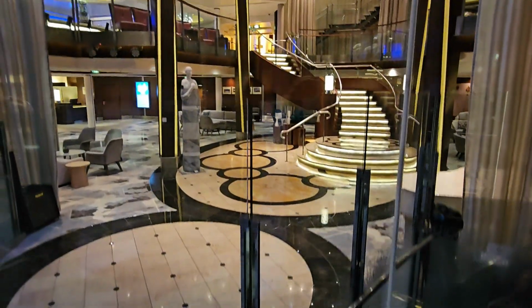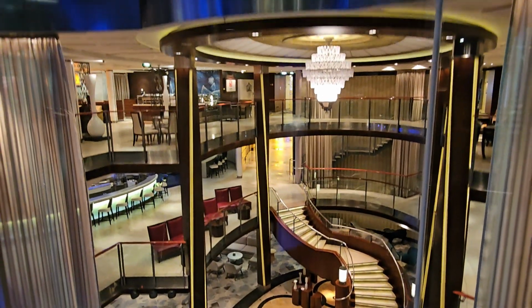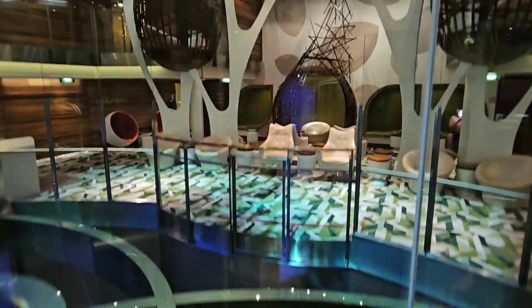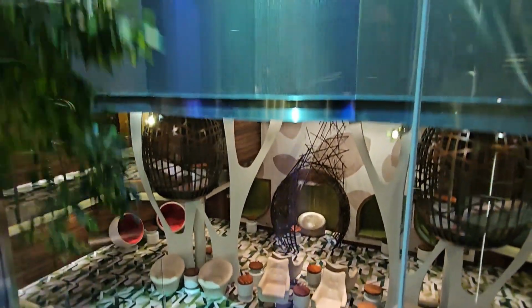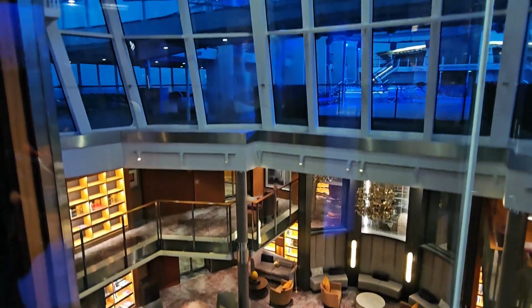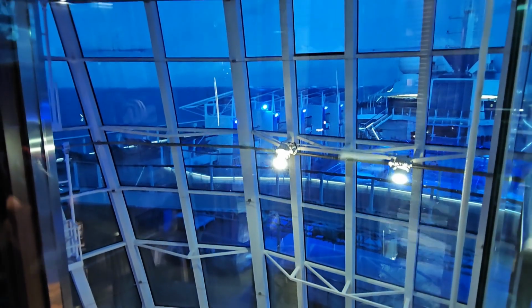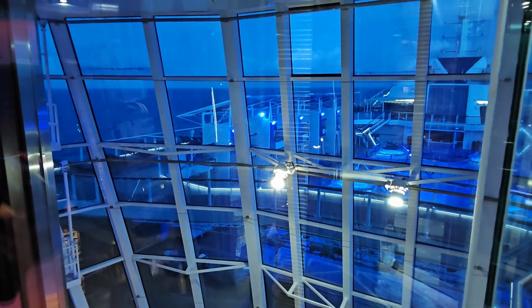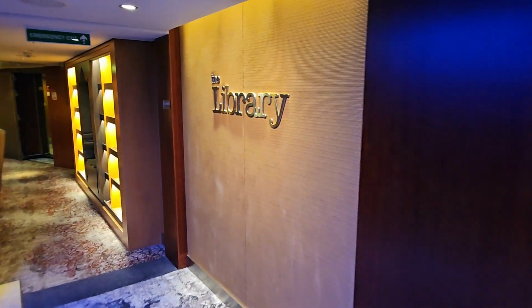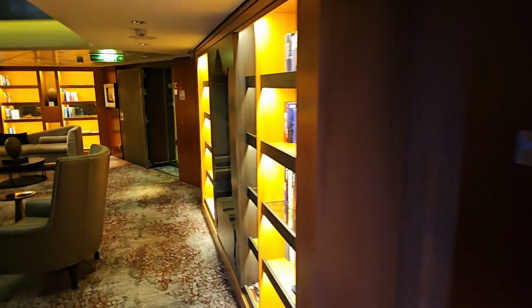So here we are in one of the lifts, and that's deck 3 and 4, deck 5. And now we're passing the Hideaway on deck 7. And of course, lovely decoration. Here we are, the library on deck 10. And we're getting up to now deck 11 and 12. And now 15. Okay, so here we are now on deck 10, and very, very similar and in the same